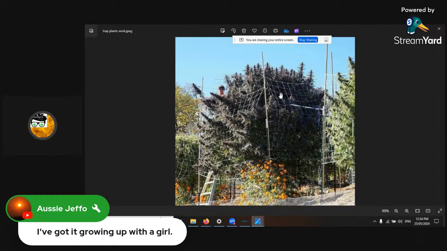This just needs a little bit more pruning inside because you can't see through it. So I'd be worried about a bit of late season mold. Or if it rains, this wants to come down before it rains, because there's a high chance it'll be above 90% humidity inside there, which is going to germinate